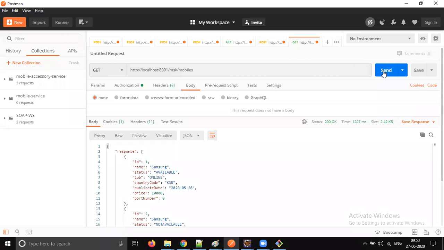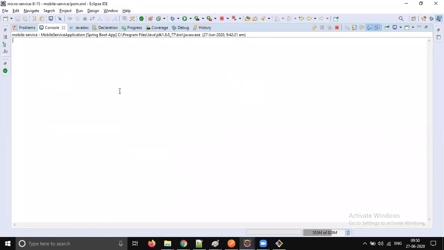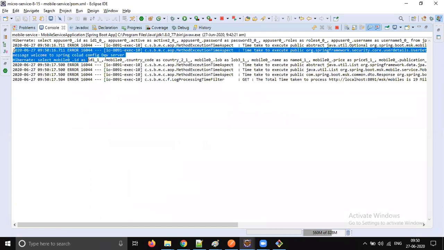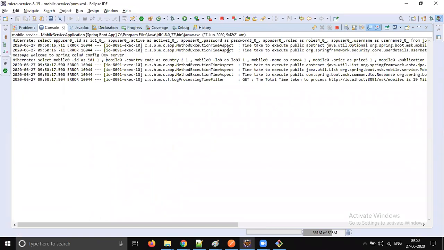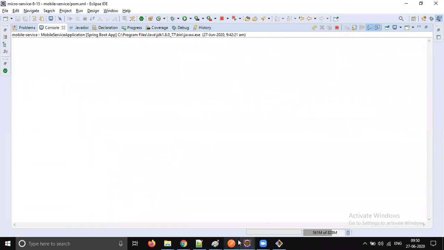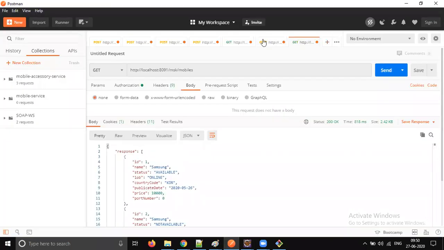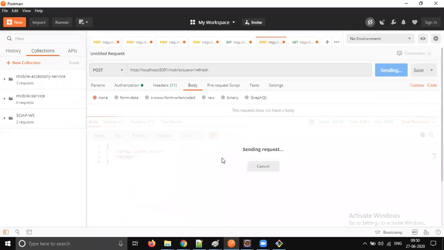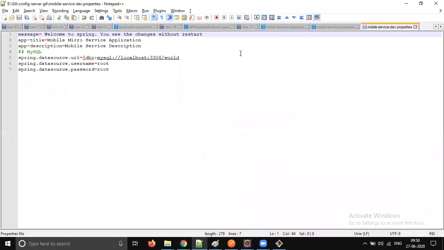Let's send our request, and you'll see that message is going to be changed automatically. You'll see, welcome to, hey, what happened? It's reloaded, right? We modified dev only, dev.properties.